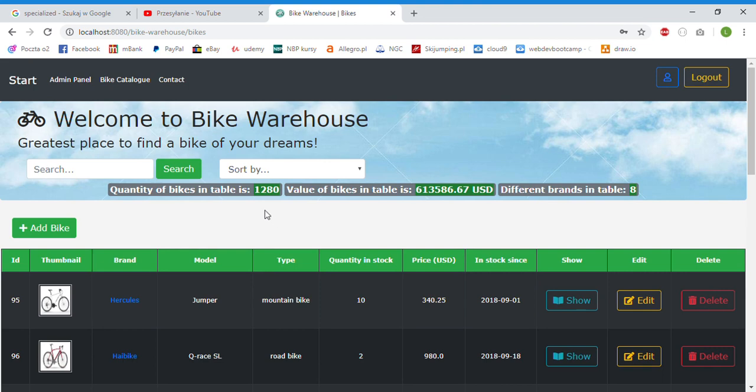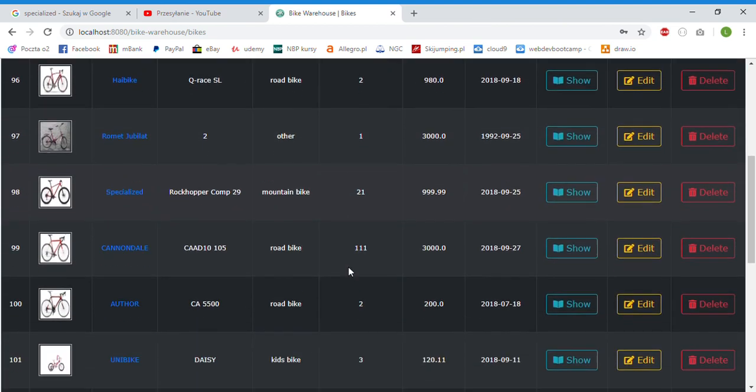Okay, this looks slightly different. First of all, we have admin panel here, which we don't see previously as a guest or as a normal user. This is the same, but here we have a table summary under the search field and sorting dropdown, and quantity of bikes in table are 1280. This is the sum of all of the bikes